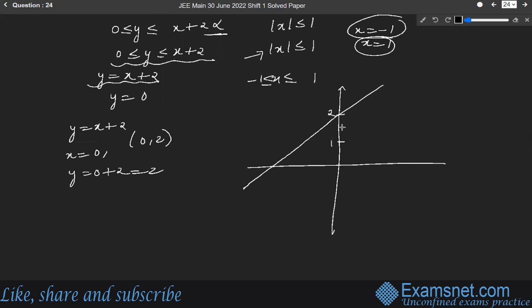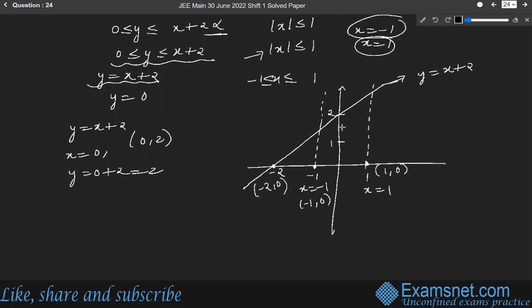Now, we have x is equal to minus 1 and x is equal to plus 1. Firstly, this is the line for y is equal to x plus 2, right? If x is equal to minus 1, it will be here. Consider x is equal to minus 1 and x is equal to plus 1. So this will be a line, and this will also be a line. This is x is equal to minus 1 and this is x is equal to plus 1. All right. So for this point, the coordinates will be 1, 0, x is 1 and y is 0. And for this point, the coordinates will be what? Minus 1, 0. If this is minus 1, this point will be minus 2. So here the coordinates are minus 2, 0, right?